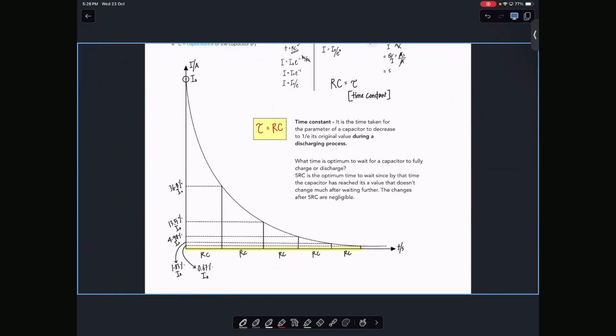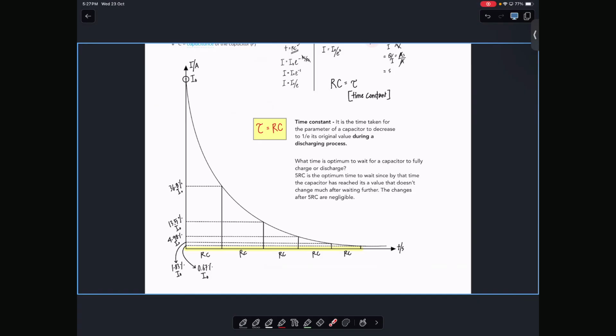So it turns out when your capacitor is discharging, strangely, it follows the same decay equation as radioactive decay. Remember radioactive decay? In radioactive decay, we learned that there was a time that was constant throughout. It was called the half-life. What was that time? Time taken for the original activity to become half the value. So it keeps becoming half, right?